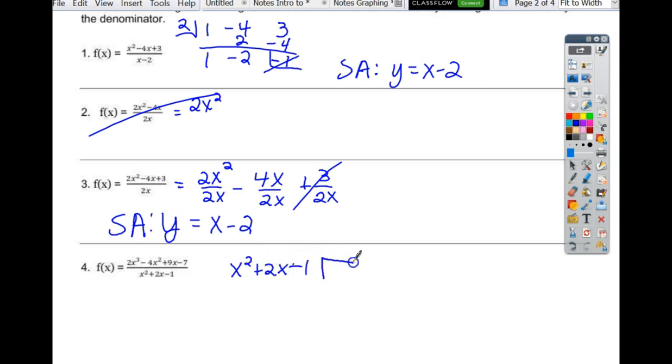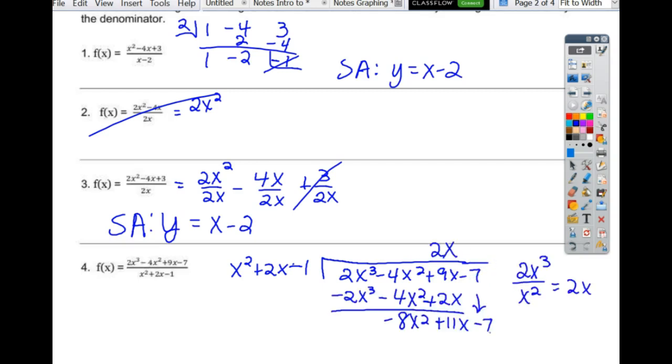Well, this is easy. Okay, divide. I still have to divide the first term by the x squared. And so once I get the minus 8, do I care about anything after that? I don't. So you don't even have to finish it. This is all I needed. So my slant asymptote